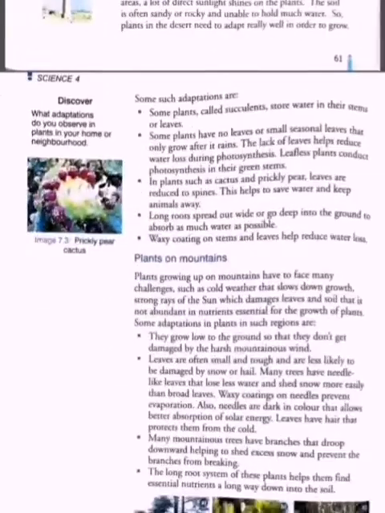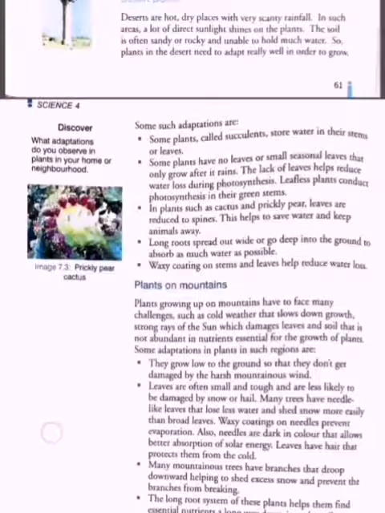Now come to plants on mountains. Plants growing up on mountains have to face many challenges such as cold weather that slows down growth, strong rays of the sun which damage leaves, and soil that is not abundant in nutrients essential for the growth of plants. Some adaptations in plants in such regions are: